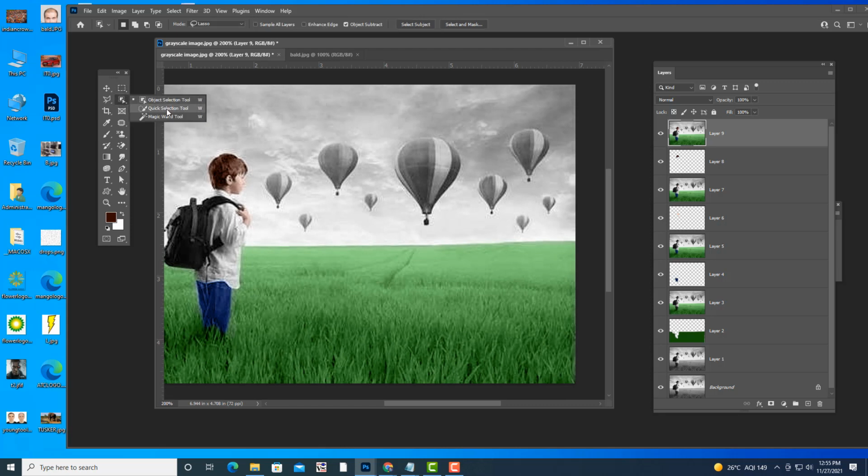I am going to use a quick selection tool. I am going to select the balloons. Okay, so you can hold shift, and everybody knows shift, right? So shift and select.